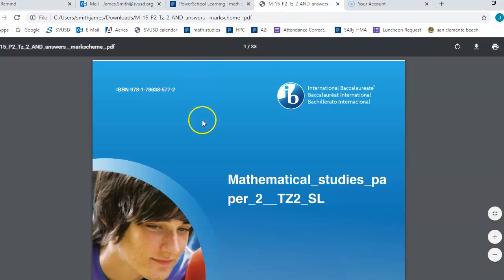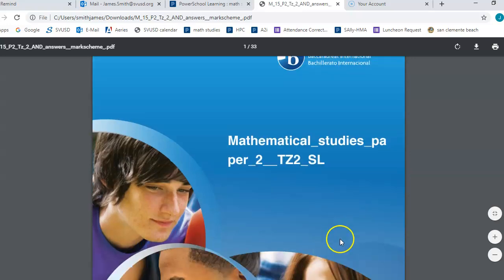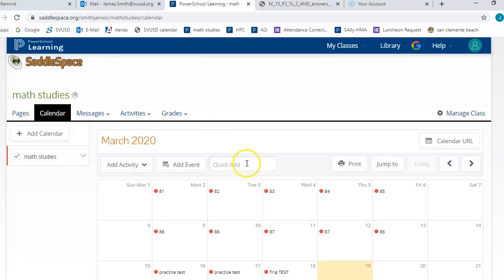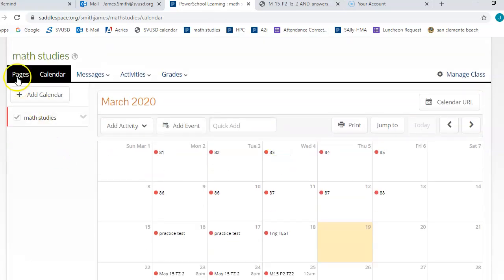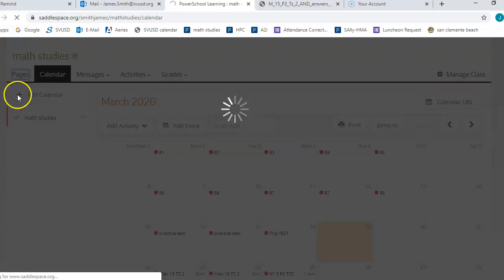Hey guys, wanted to show you something real quick for this assignment. When you open up this document, let me show you where it is real quick. So as you're doing the May 2015 paper 2 time zone 2, when you go to the pages